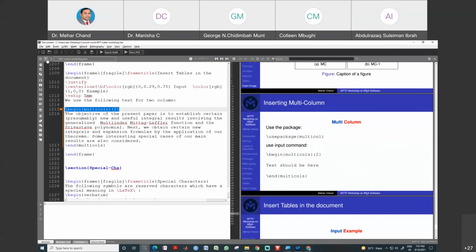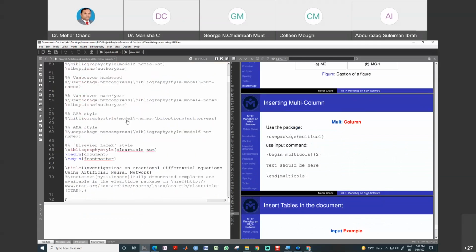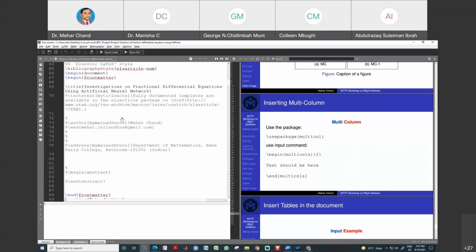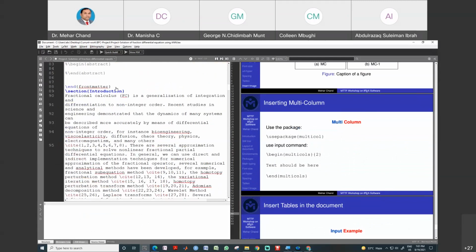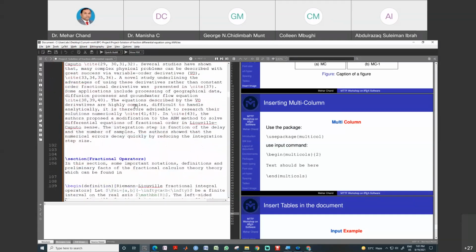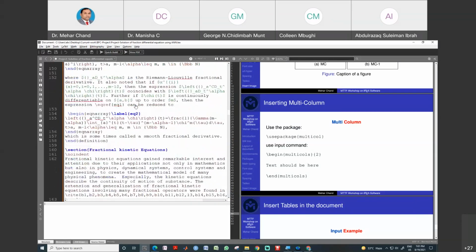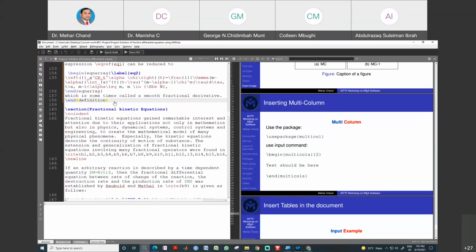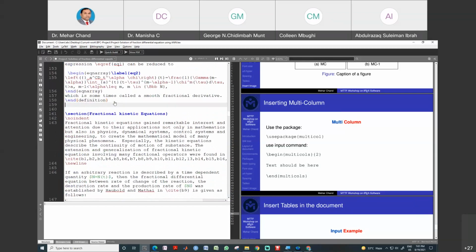Copy and project. Our document starts from this place. And I insert again multi-column, and we need to end this one. Only this part I want to convert into columns.